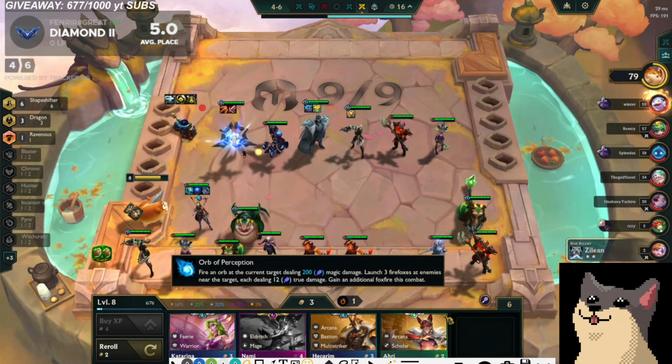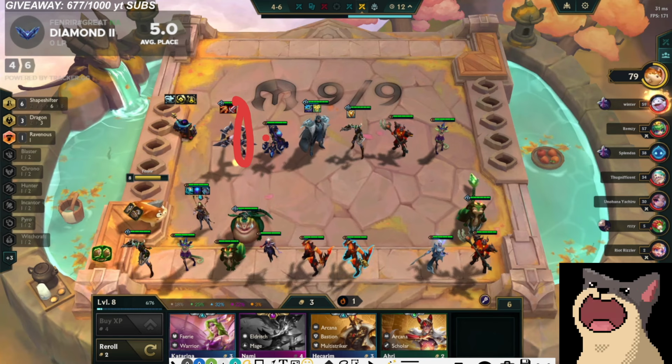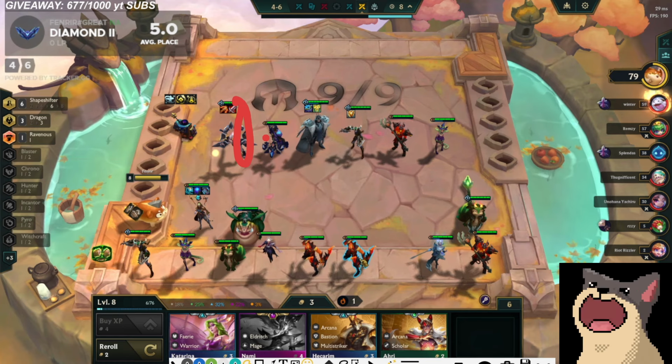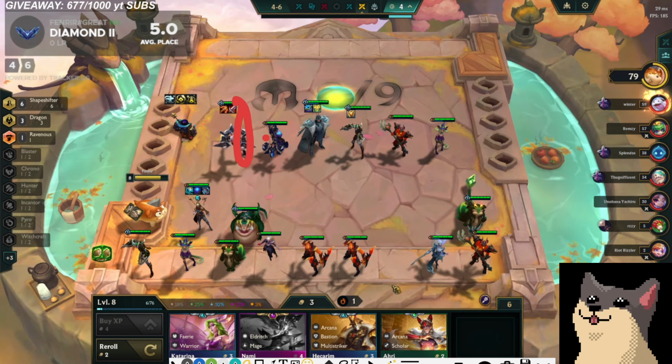And then I also find this dude. I don't know how I'm finding so many 5 costs on level 8. I genuinely don't understand it. This was probably one of my most high roll games in terms of finding 5 costs. But anyways, what I was trying to say is that a lot of times if you're trying to play around